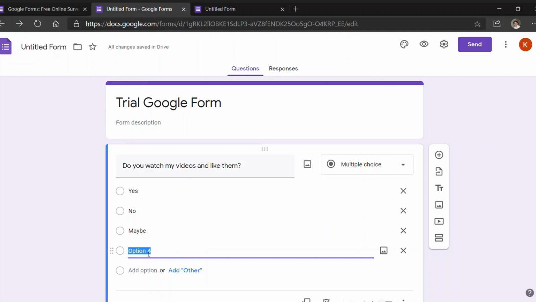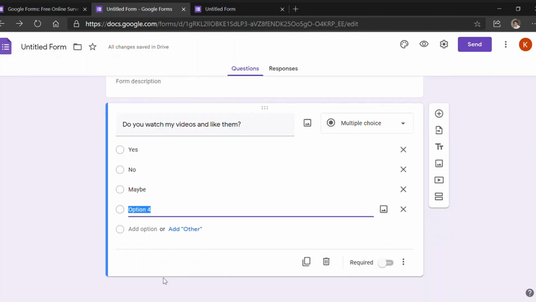Then, when you select a specific question, you will see some options below it, namely duplicate, delete, and then if you want to make the question compulsory, then you can also add some other options by clicking on the three dots.